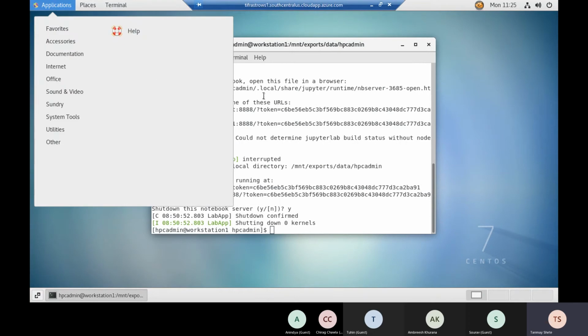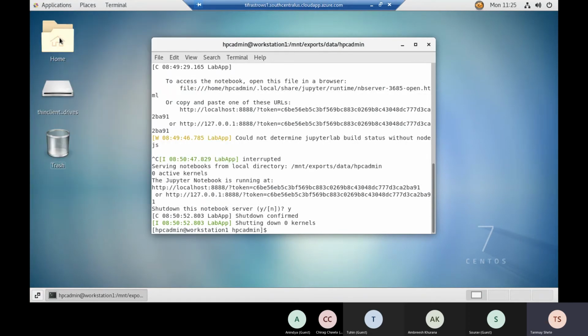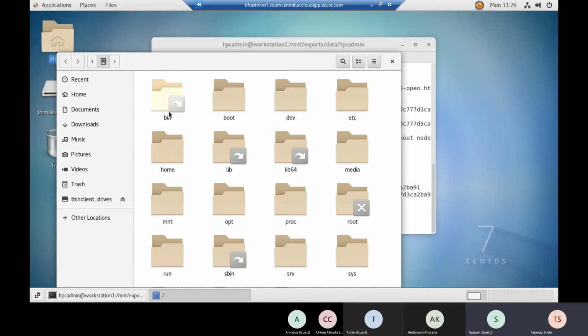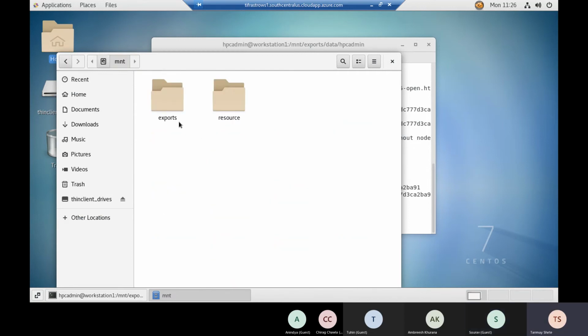One of the important facts is that the same MNT exports data will also be available here. Can you see this runtime?